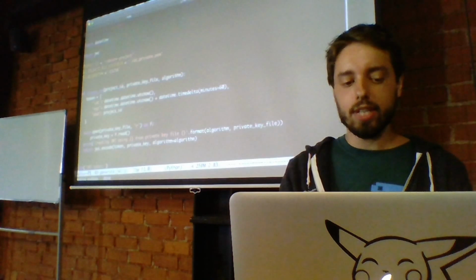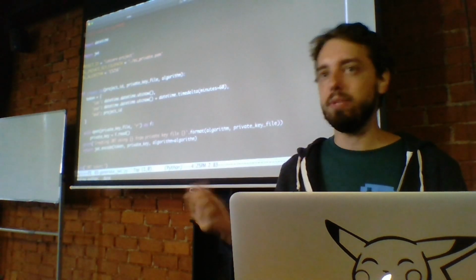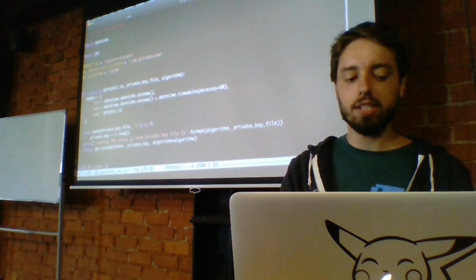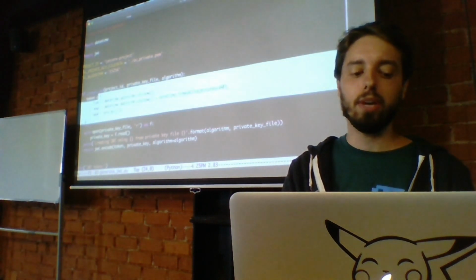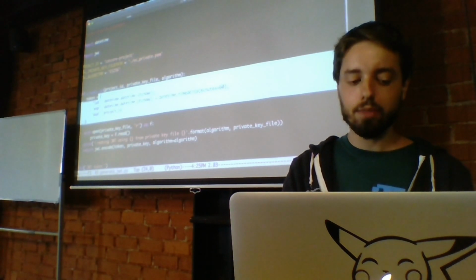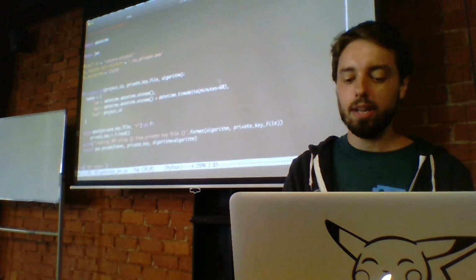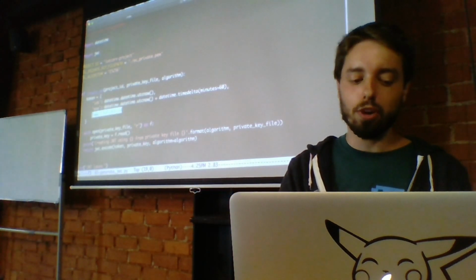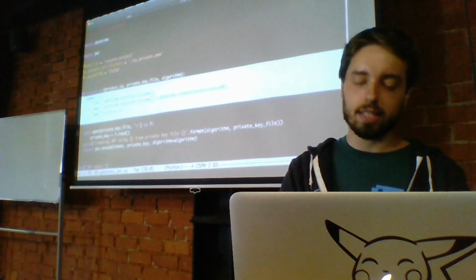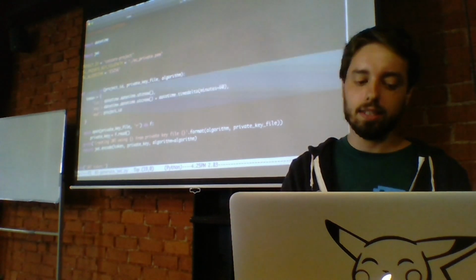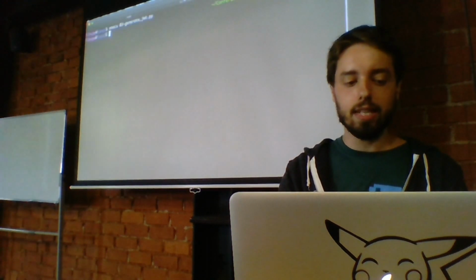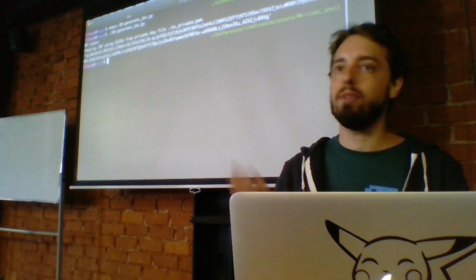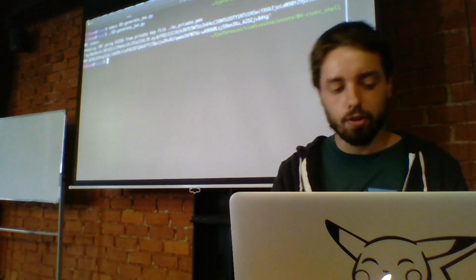Cloud IoT Core uses JSON Web Token, JWT, which is another standard of the internet for authentication. A JSON Web Token is a token in a JSON format where you specify when it was issued and when it will expire. For instance, here my token will expire in 60 minutes, and then it has to be renewed. And you specify your Google Cloud Project ID. Then you take this JSON token, you sign it using your private key, and it will generate a JSON Web Token. So I use Python to generate a JSON Web Token, but you can use whatever language you like.